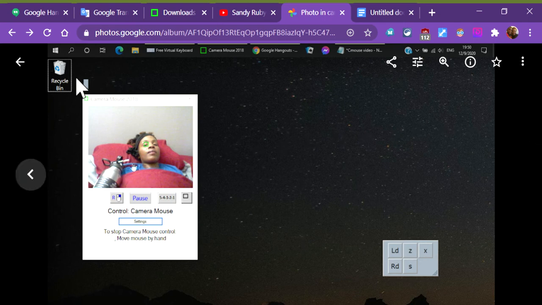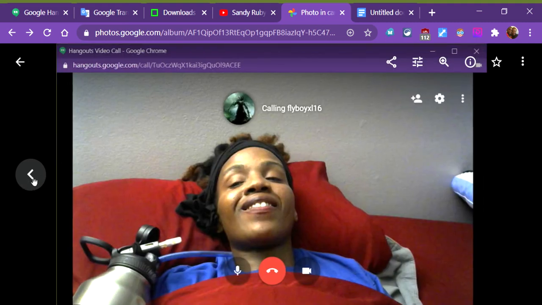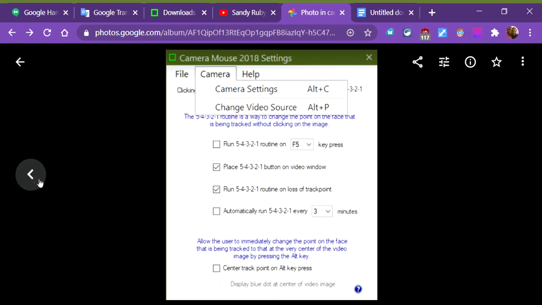Again, you guys, thank you again for coming to my channel. This is how I use the camera mouse. It's a wonderful tool to have. I really love it because it's caused my life to be very independent as far as paying my bills,